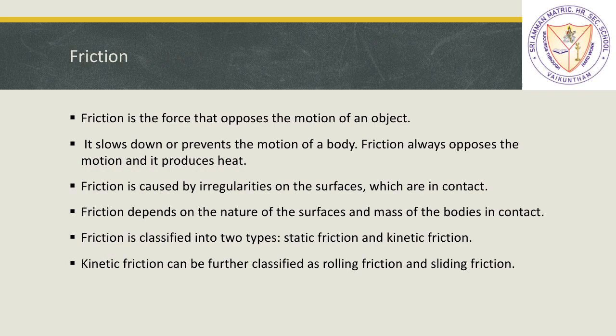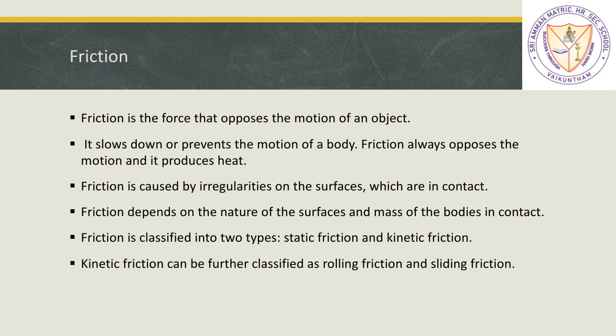While studying how friction is created, we studied that it is due to the dissimilarities of the surface, which is not smooth or polished. So what happens when two such surfaces are in contact? The friction will be created. Then friction depends upon the nature of the surface, the mass of the body, that is nothing but the weight of the body, and also